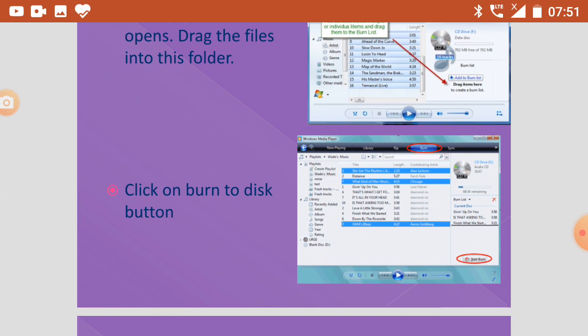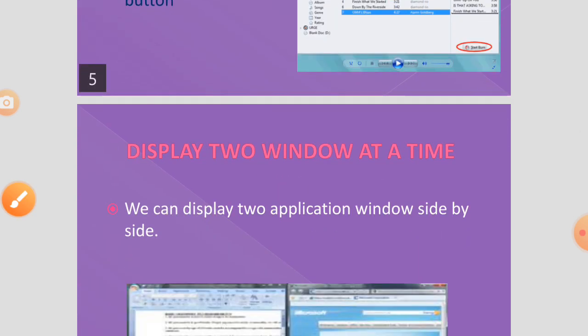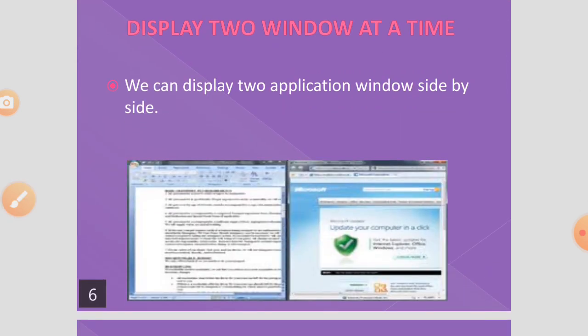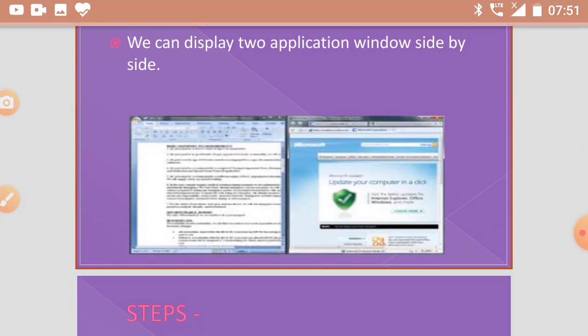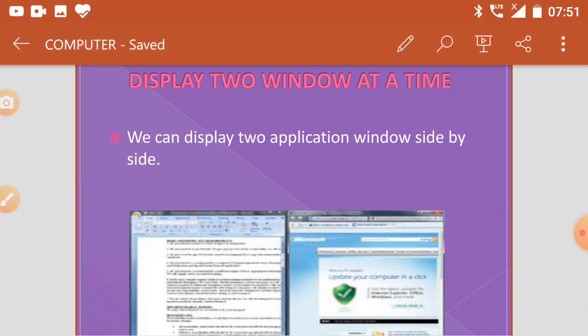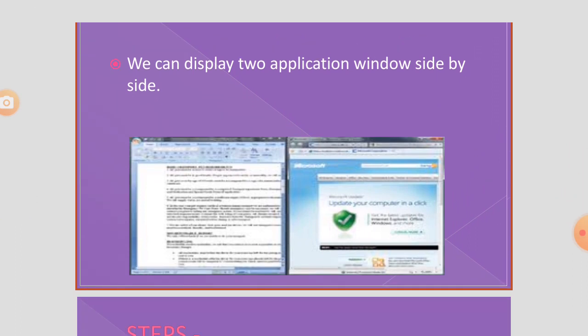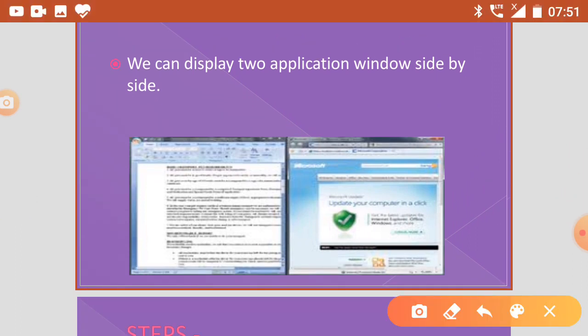Now come to the next point, that is displaying two windows at a time. Means if we have to work with two windows, first we minimize one window and work on another window, and when we need the first window again, we minimize the other and go back.